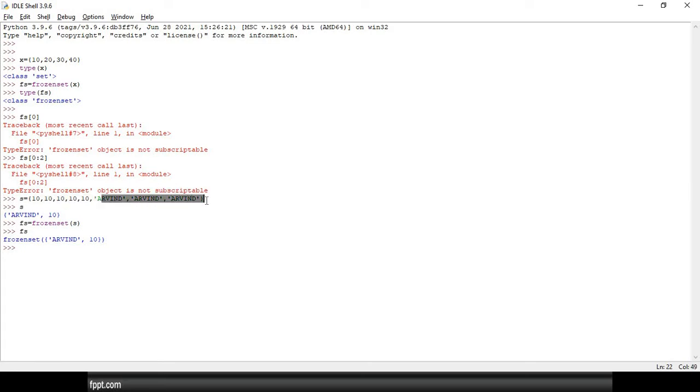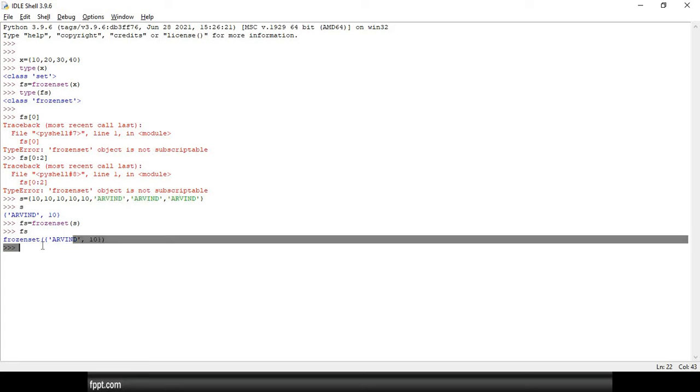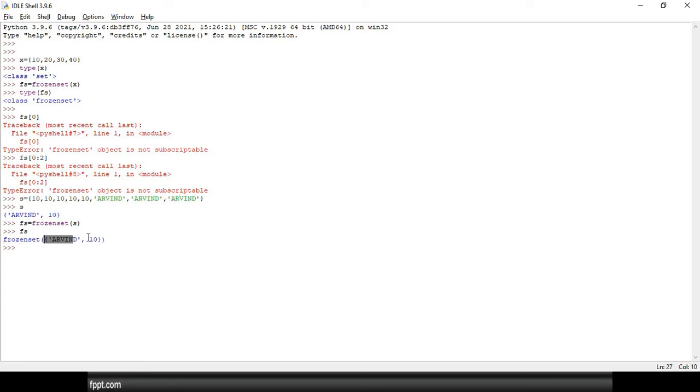Now I am trying to store these values in bulk. The first time I store the integer value, later I store the string value. But whenever we convert these values, we get the first value as a string and later on the second value as 10. So that means it does not preserve the insertion order.